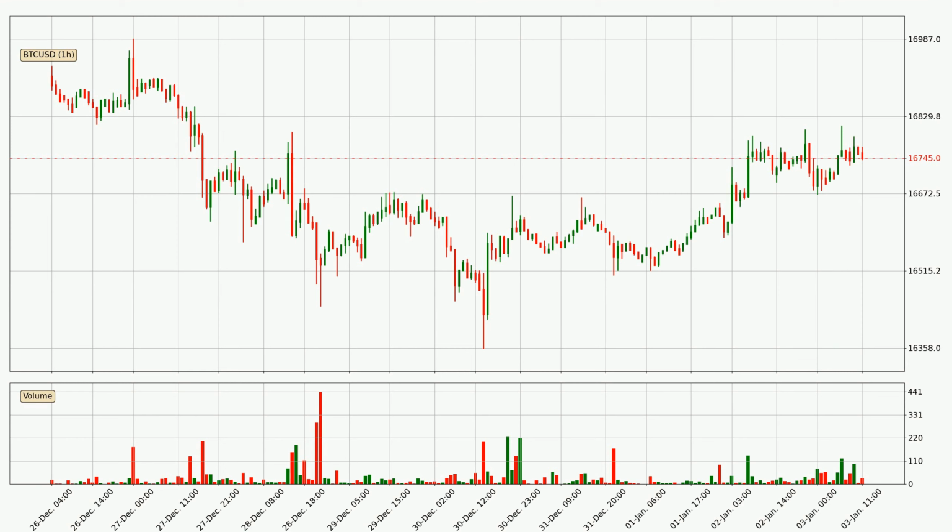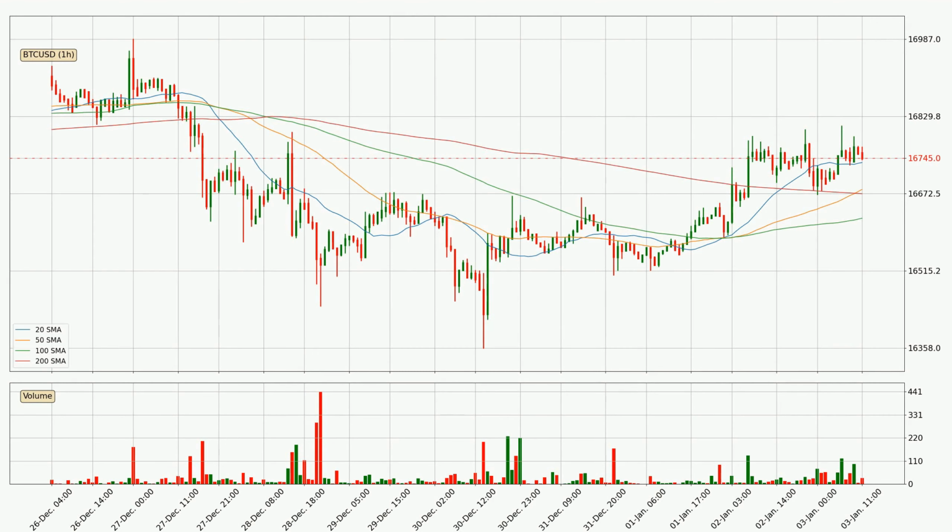Looking at the Bitcoin hourly time frame, the price moved only slightly to the downside, with around 0.1% in the last 24 hours, with a current price of $16,745. Looking at the hourly simple moving averages, for this time interval, the current price is above all of the simple moving averages, which looks bullish, and you should watch if the closest SMA, the 20 SMA, could remain stable or the price will dip below it, with the current price of around